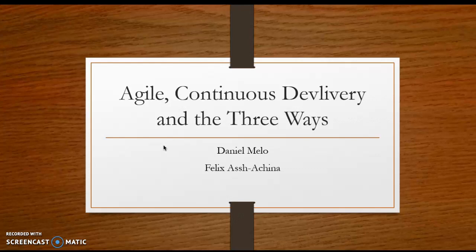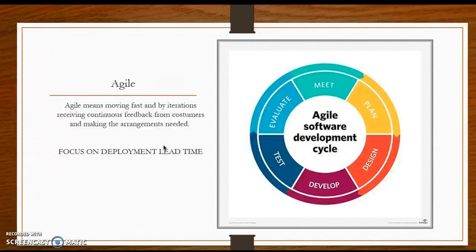Ashina, and we're going to talk about agile, continuous delivery, and the three ways. So, first of all, to define agile means moving fast and by iterations, receiving continuous feedback from customers, and making the arrangements needed. We have right here on the right a small graph that shows a little bit about